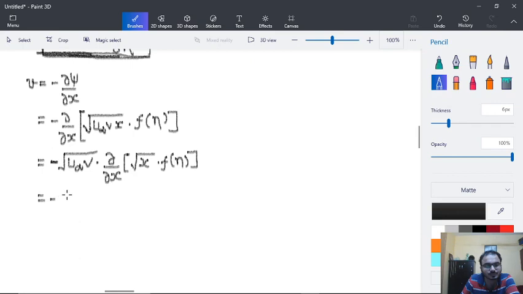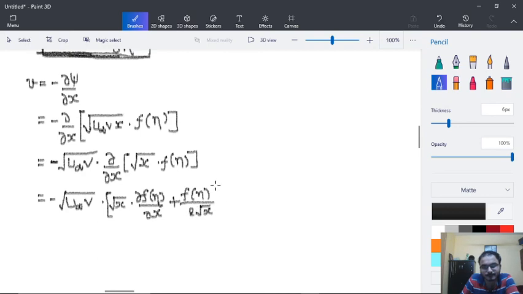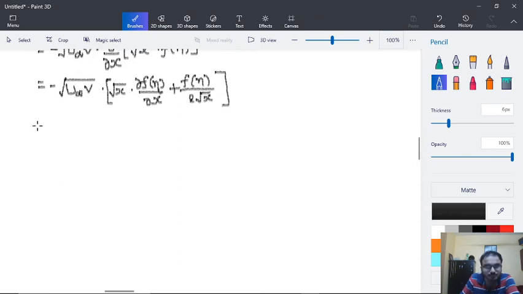So here we can keep square root of x as it is, and del f of eta over del x plus f of eta upon 2 square root of x, and further writing down this, minus square root of u infinity into nu into